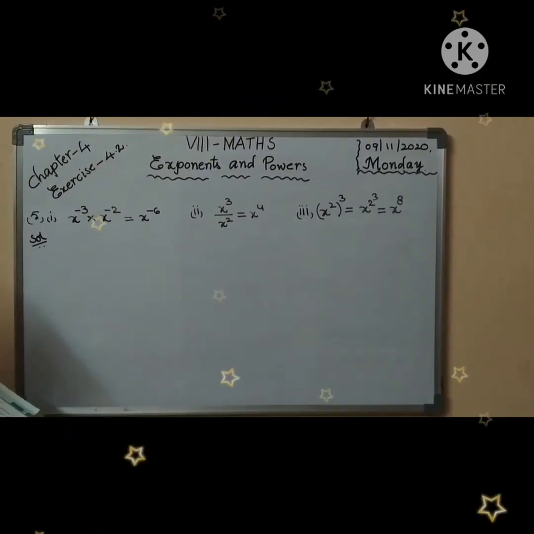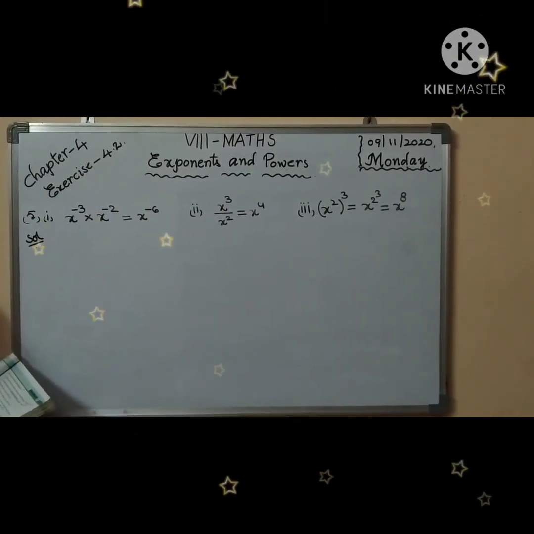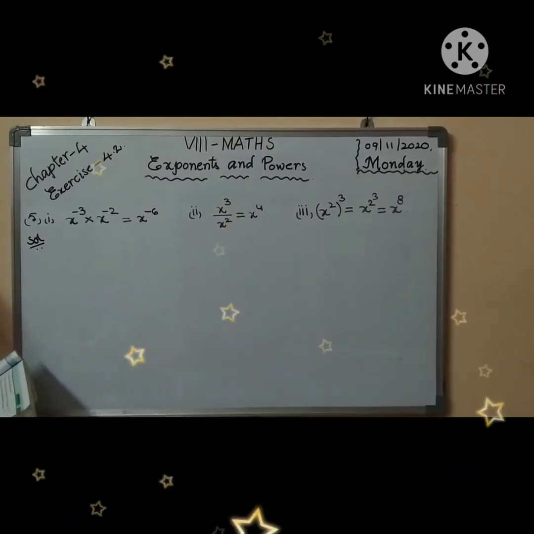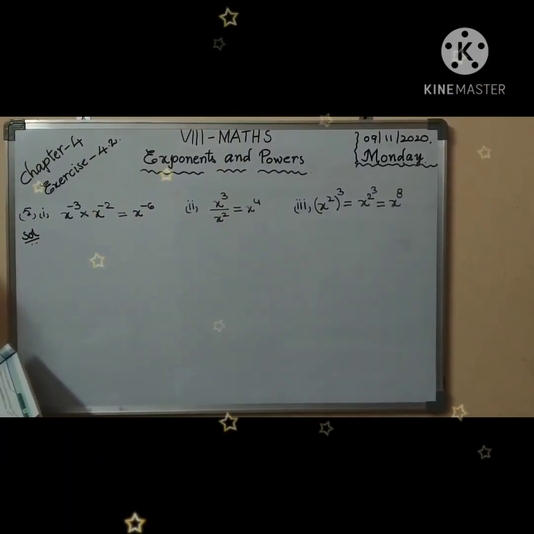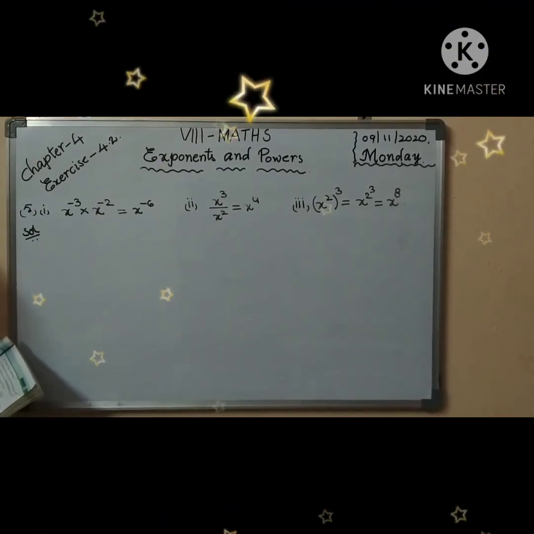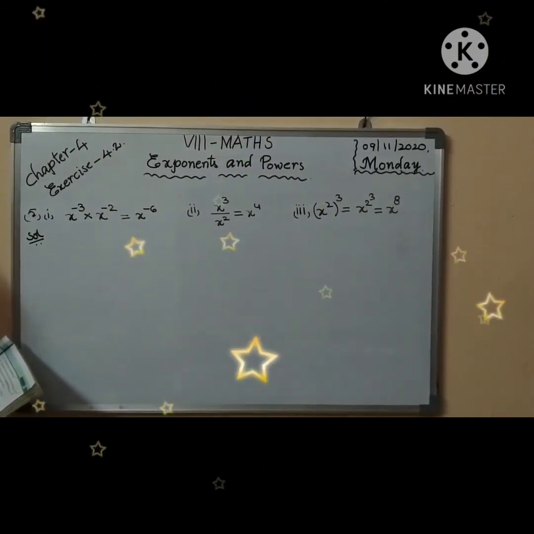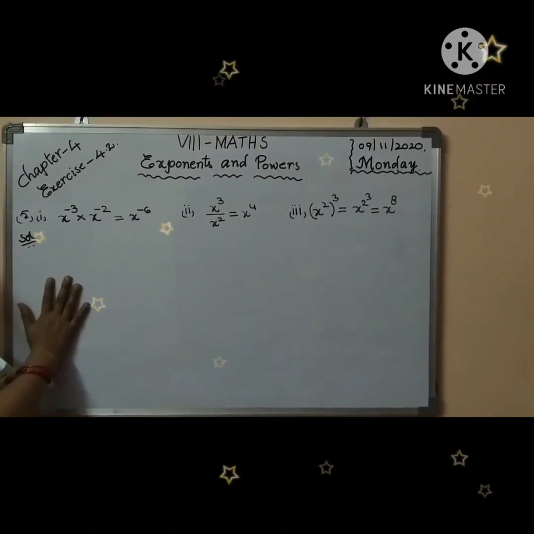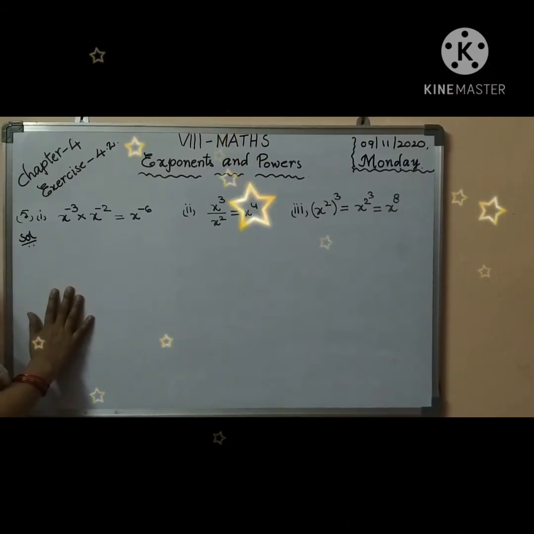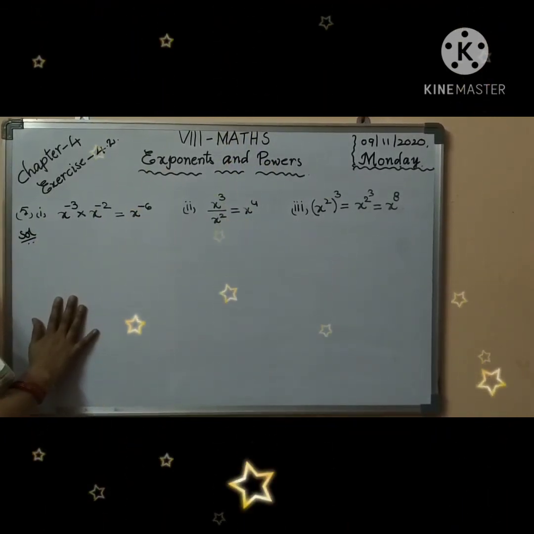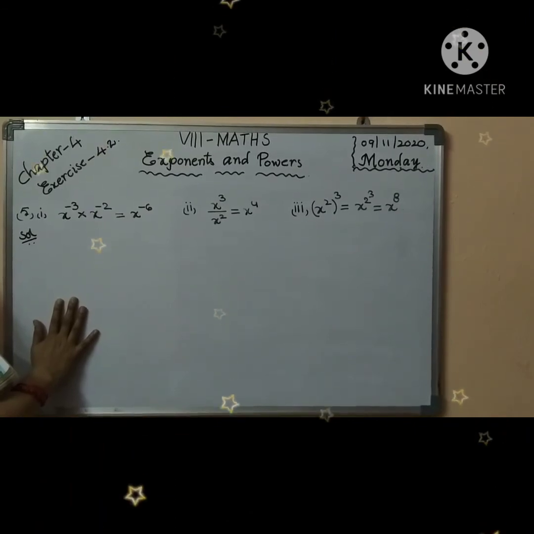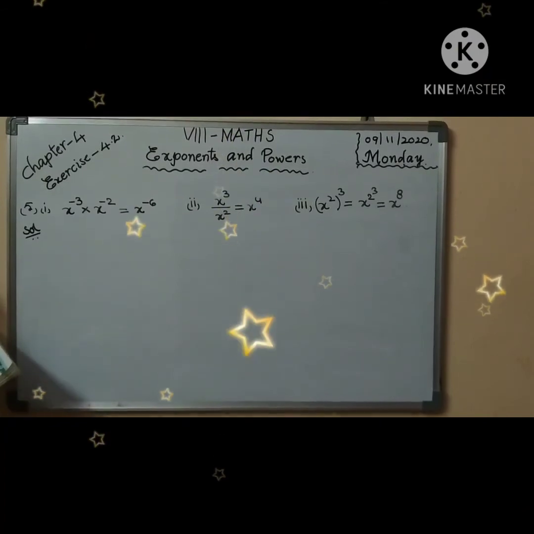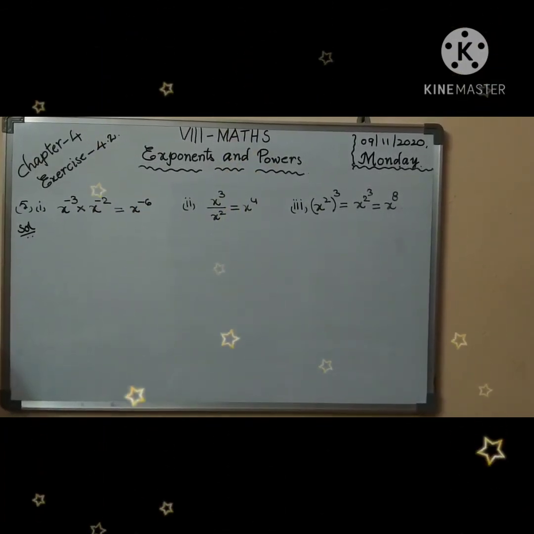Next, last problem, exercise 4.2, fifth problem. Rakesh solved some problems of exponents in the following way. Do you agree with the solutions? If not, why? Justify your argument. In this fifth question there are 5 problems, where Rakesh is using a different method. So, do you agree with Rakesh or not? Okay.